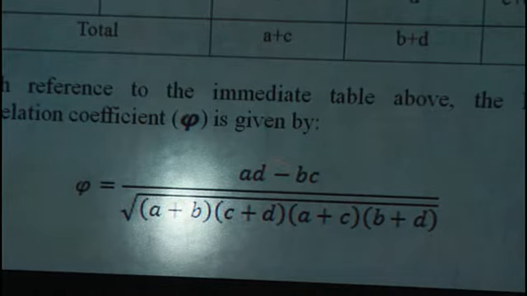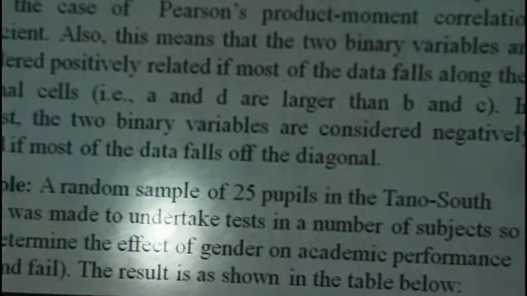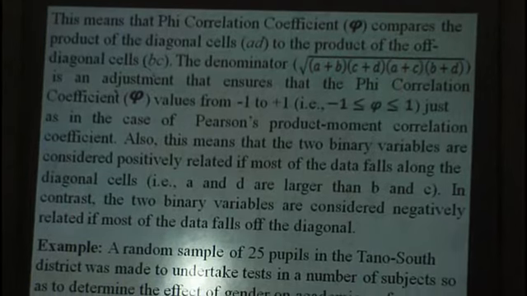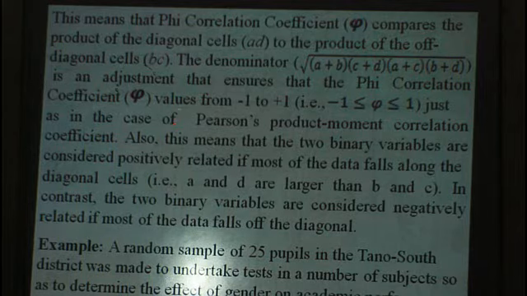But when AD is less than BC, you end up getting a negative value. So this leads us to the interpretation. This means that whenever the phi compares the product of the diagonal cells to the product of the off diagonal cells,